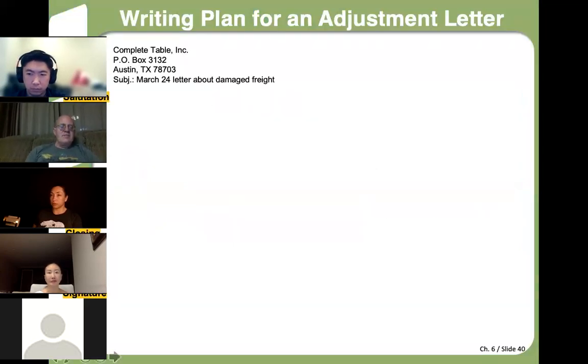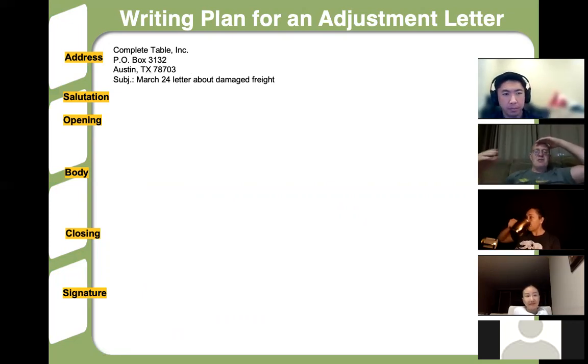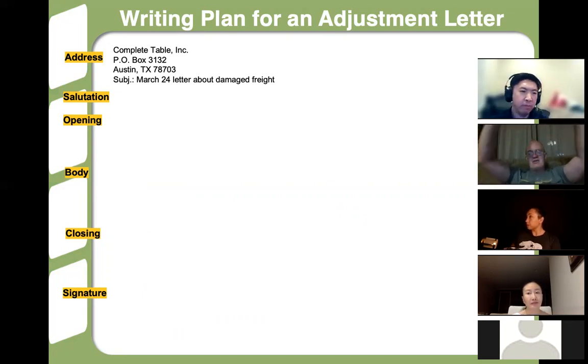Okay, now I'm going to move my little gallery thing. So we're going to look at writing a letter like that. First thing we do when we write a letter, and this is an important format for us to learn, is we start with the address. Usually there's actually 2 addresses. This letter only shows 1. So we would start first by putting our own address at the very top. Then below it, you're going to put the customer's address. And then below that, you're going to put the date. Okay.